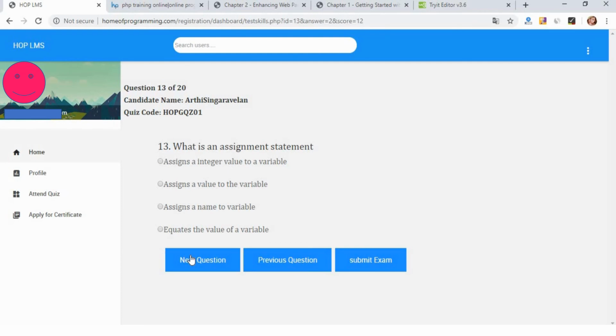The variable will be on your left hand side and the value will be on the right hand side. The assignment operator stores the value which is on the right hand side of the operator to the left hand side of the operator. That is, it assigns a value to a variable, right? So here the answer is assigns a value to a variable.